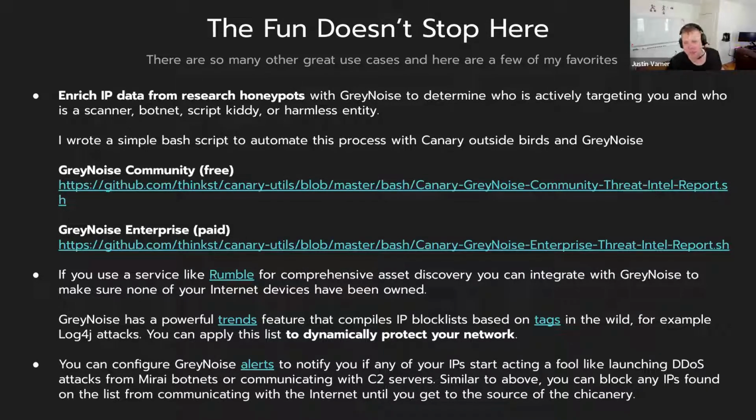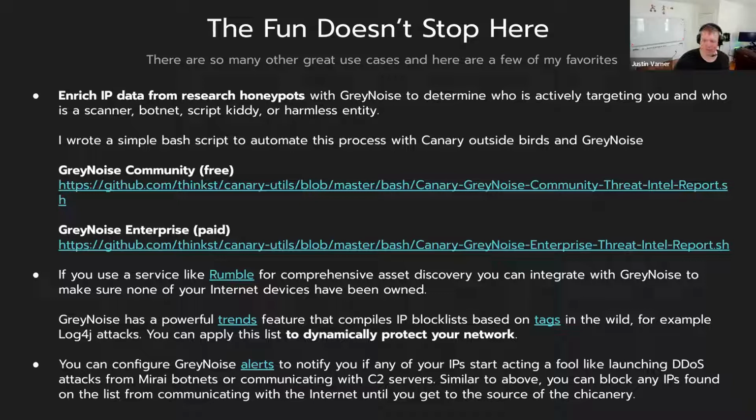There's another really awesome tool, Rumble. HD Moore created Metasploit, and he started a company called Rumble a few years ago. It's awesome. What's neat about Rumble is it's a comprehensive asset inventory. And what you can do with GreyNoise, you can do this with Canary too, in the way that I've set it up: you say trigger an alert, it gives you an IP, you store it in Rumble as part of your asset inventory, and then you can be checking GreyNoise either through the Rumble